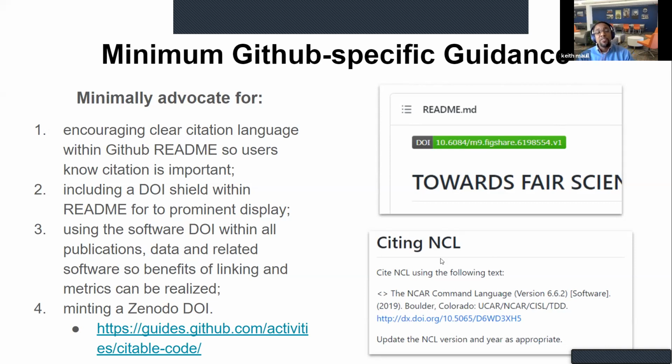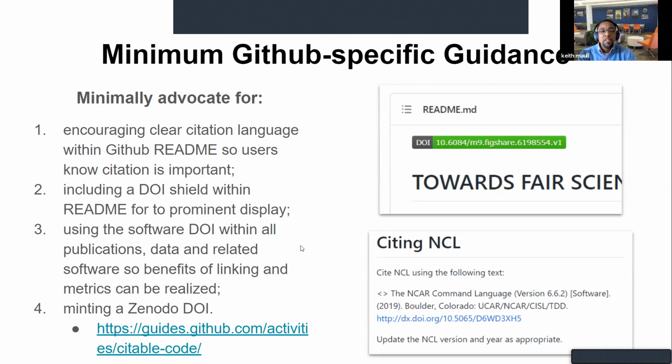And then, of course, if you wanted to go a step down, or maybe it's an upgrade in one sense, you can mint the DOI directly through Zenodo, and some of these things will sort of fall into place directly for you. And GitHub has actually supported Zenodo integration for some time, and they have a very nice guide on citing code and using Zenodo as the sort of integrator for that citation.